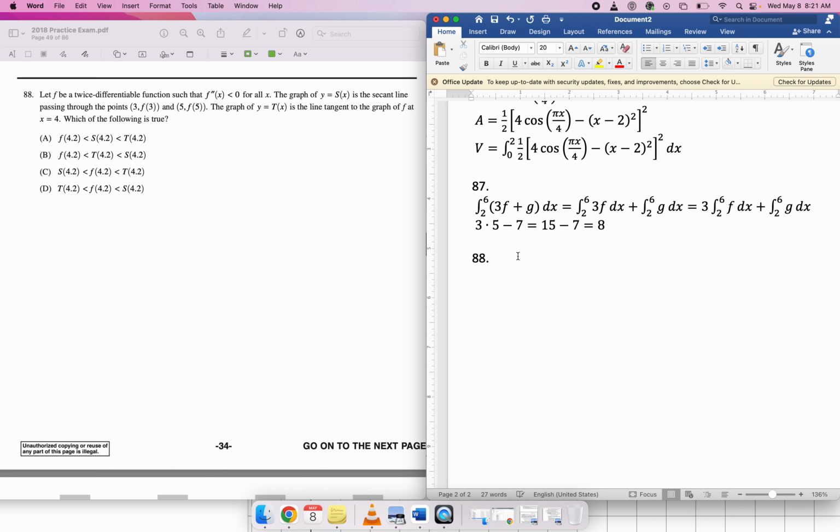88. Let f be a twice differentiable function such that f double prime is negative for all x. Okay. The graph of y equals s of x is the secant line passing through the points blah and blah. Okay. The graph of y equals t of x is the tangent line to the graph of f at x equals 4. Which of the following is true? Okay. I see what they're talking about. So basically,